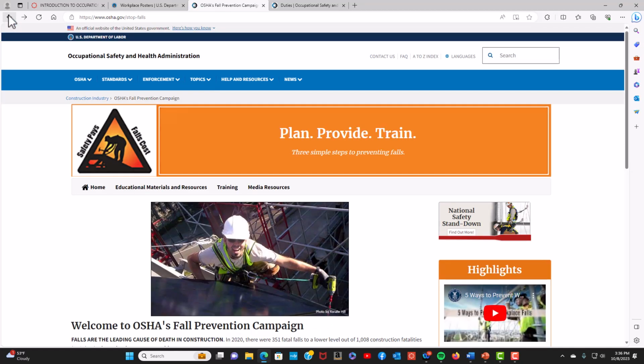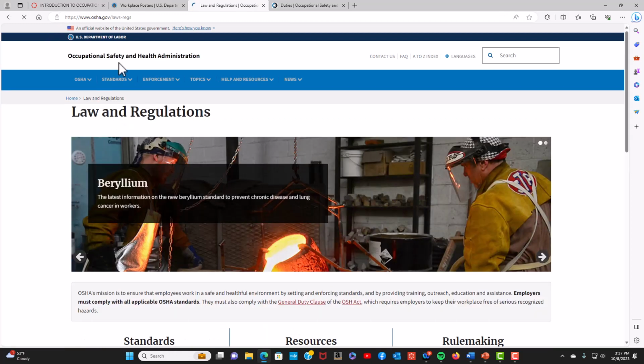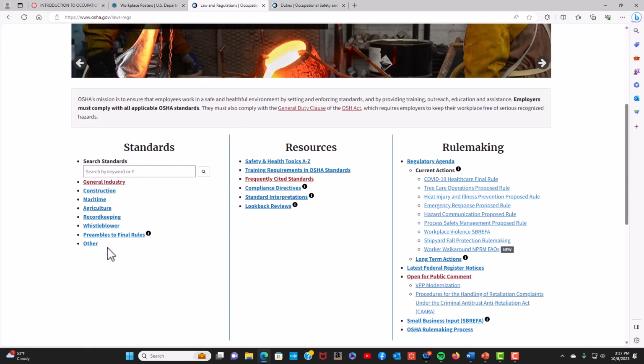Next question has to do with standards. And I provided on the sheet the actual subpart. So let's take a look at that. In the actual lecture video, I kind of break it down by title and part and paragraph and all that stuff. So if we go under standards, laws and regulations, we need to decide the part we want to